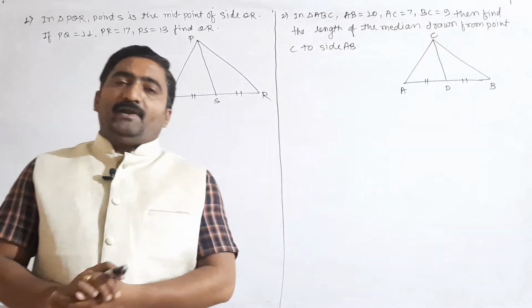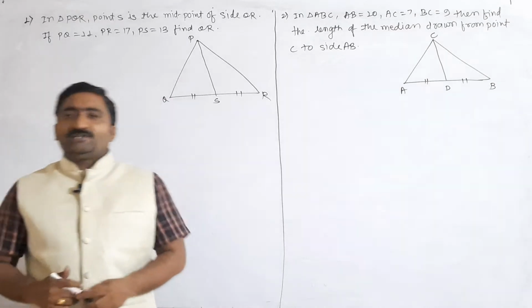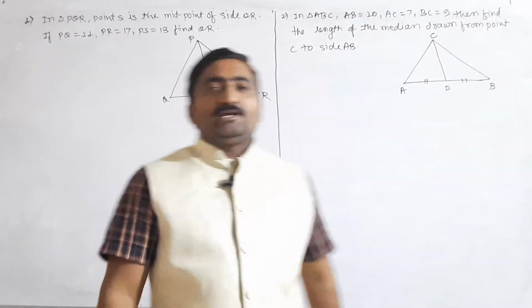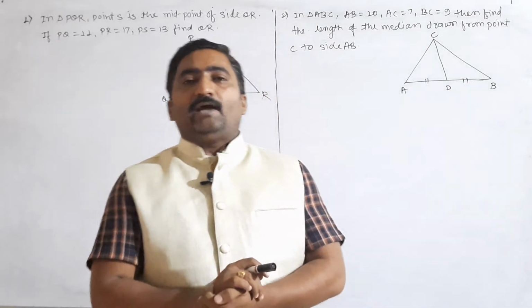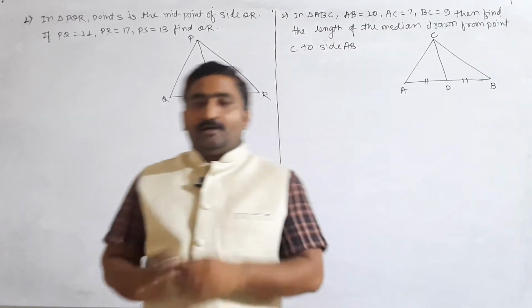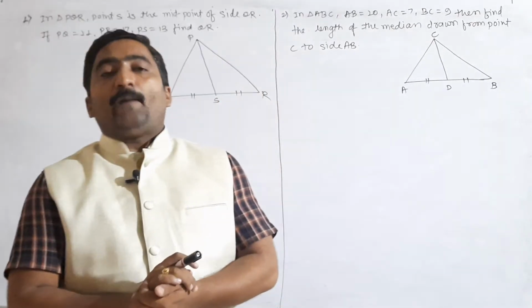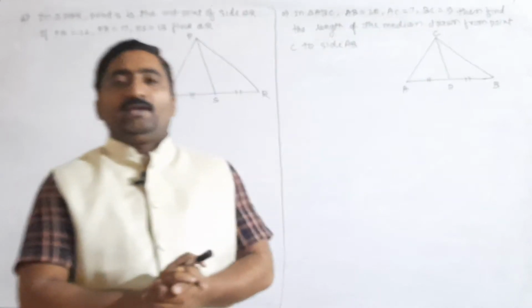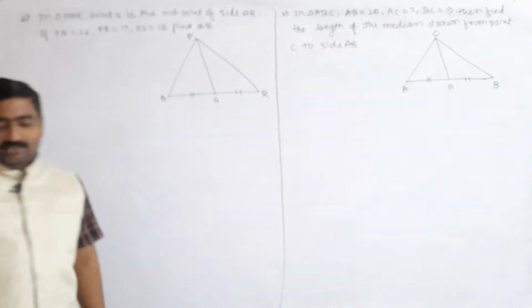Today we will learn some problems that depend on Apollonius theorem. In the last period we saw the application of Pythagoras theorem. There are two conditions, when it is an acute angle and an obtuse angle. Depending on these two applications, we then study Apollonius theorem, and here we have to study some problems that depend on it.